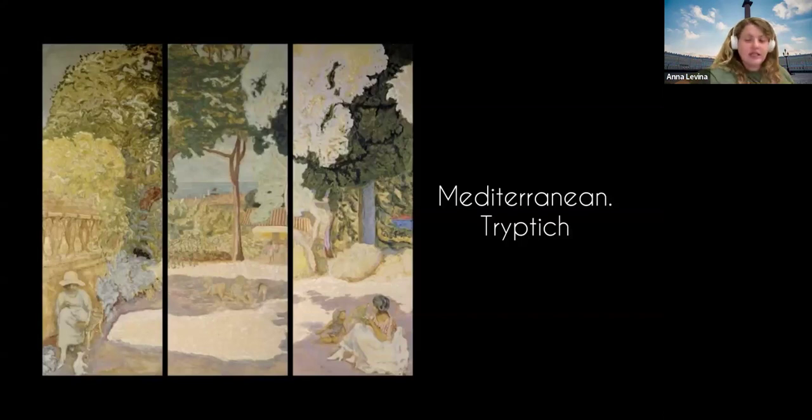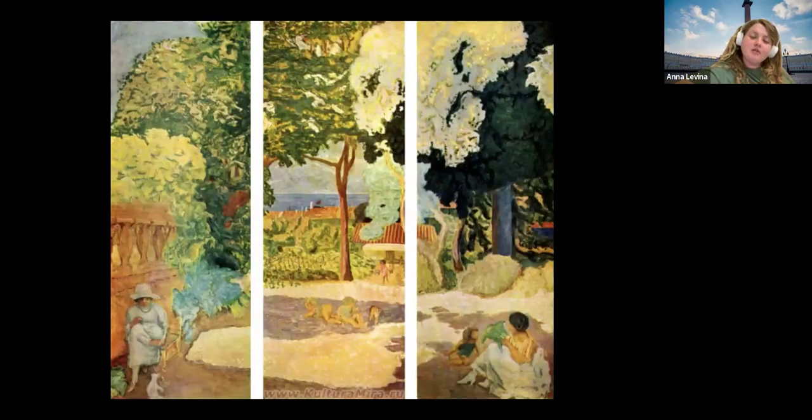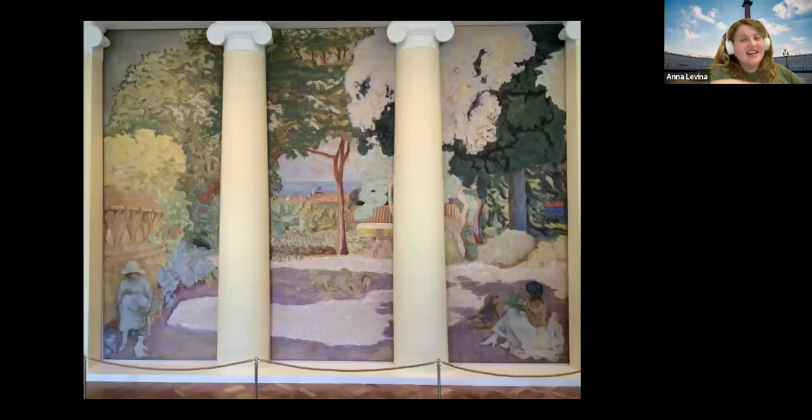And Morozov needed that. In his hall he had columns, and he asked Denis to create the artworks to fit in between those columns. And this is how this triptych was made. And thanks to those vivid colors of yellow and green and intense colors, also the colors of the orange, you see that this is a hot summer day, right? You don't really need to see the sun to realize that this is a very, very hot day,